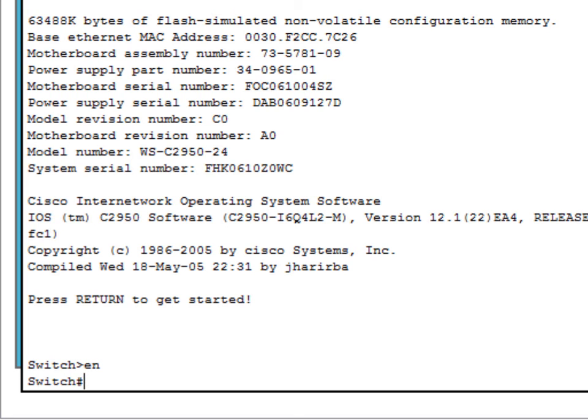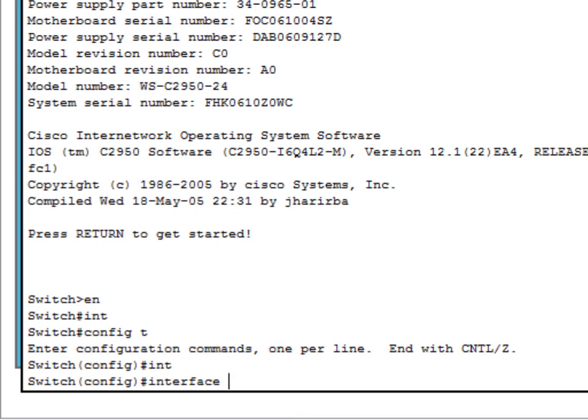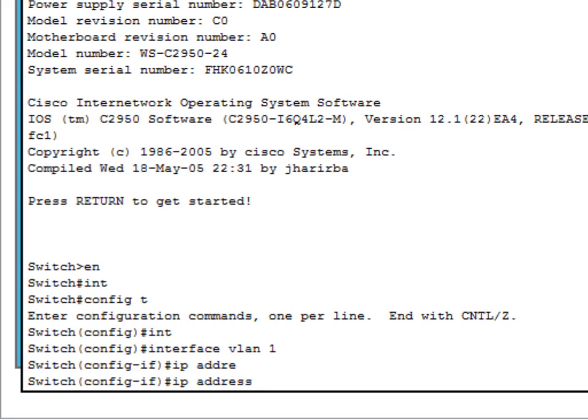And now I'm going to type in config t, and now let me type in int, but this time I'm going to type in VLAN 1. And you can see my prompt is read just like it was read before in the router. This time it says switch config-if, short for configuration interface, and let me type in IP space address. Remember, by doing it this way, I'm assigning the whole switch an IP address, and I believe we were using